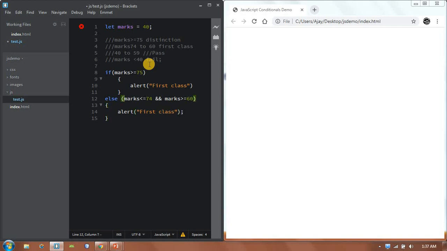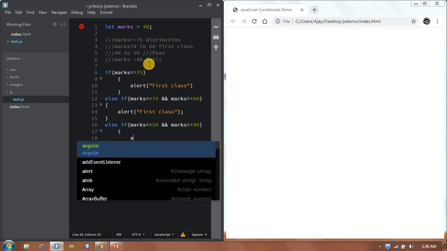So else, again we have to check the condition. So else if, I forgot the if here. Otherwise also we have to check whether the marks are between 40 to 59. Again we have to write else if. So else if marks are less than or equal to 59 and marks are greater than or equal to 40, then I can say the student is a pass class.